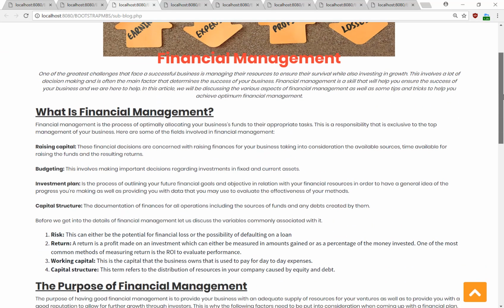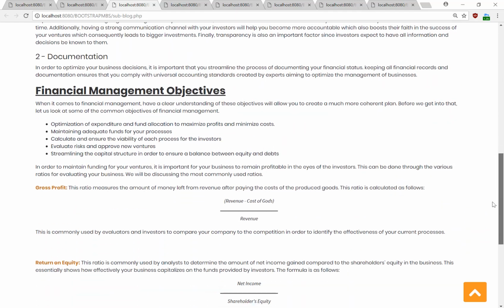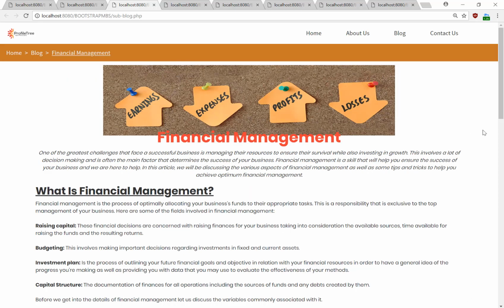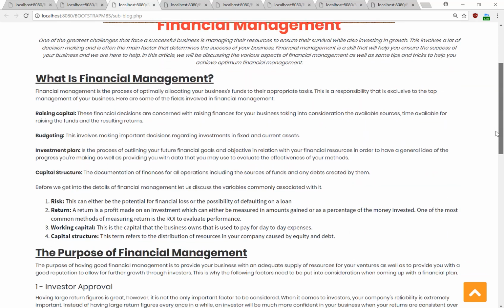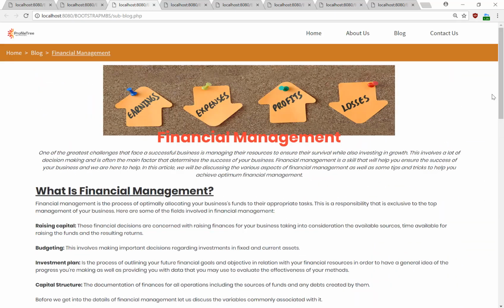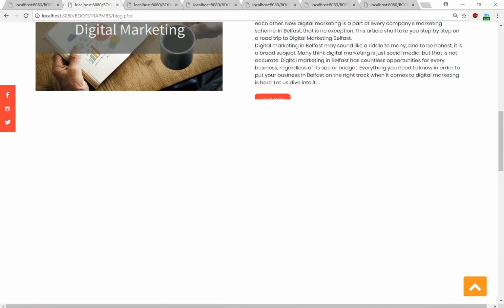So if I scroll down, this is just the detailed blog about financial management, which you were taken to from the learn more button. So yeah, that's an example of how you can create a full blog post within your site without having to go to an external source, which I've named as subblog. So we'll go back here, and